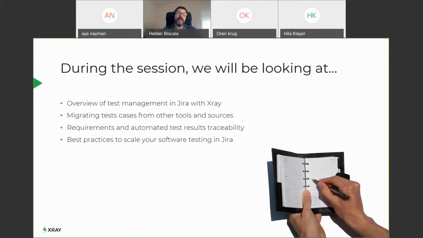But nonetheless, we'll certainly have a very brief overview of what is test management with Jira and Xray. We'll be looking at migrating test cases from other tools, because this is something that usually people are coming from other tool sets and they really want to see how we can facilitate their job in migrating these test cases